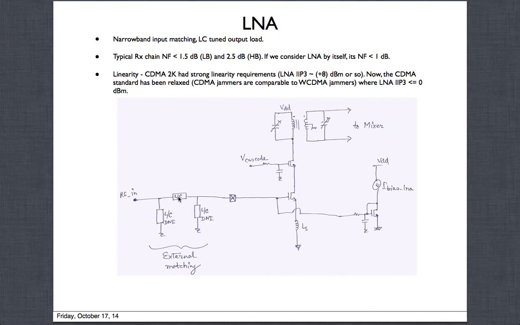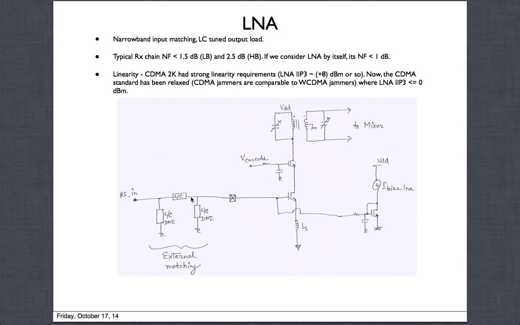But when we go to higher frequencies, all these parasitic inductances and parasitic capacitances, you cannot just match with a single element. There you might need some kind of matching topologies, like you might need a shunt element. The shunt element might be an inductor or a capacitor. And if you find out that, okay, I don't need a shunt element, then DNI means do not instantiate. This is a term we use in the industry. You have an empty slot, you can put in an element and solder it. If you don't solder it, that's fine. If you don't put it in, then that becomes a DNI, which is telling you do not put anything there, leave that slot unused.